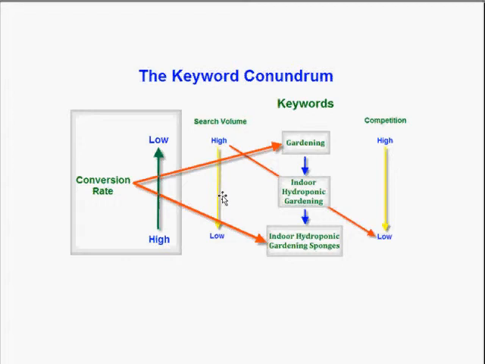Now the keyword conundrum is where you bring in the conversion rate as opposed to search volume and competition levels. Now, as the keywords get more specific, the easier it is for you to make a sale. You're going to have less traffic, but since you have what that person is looking for, and there's also very, very little competition, you're going to find it much easier to make a sale for the keywords indoor hydroponic gardening sponges if you in fact sell indoor hydroponic gardening sponges